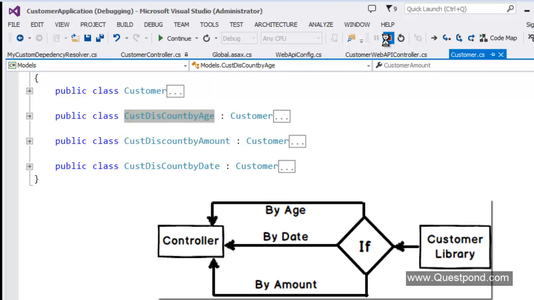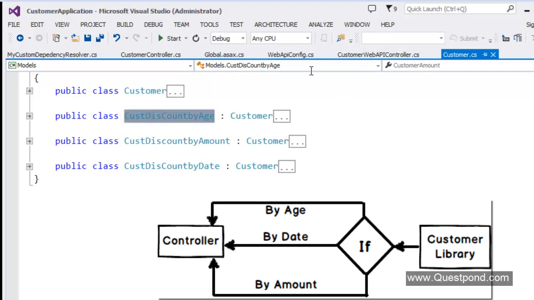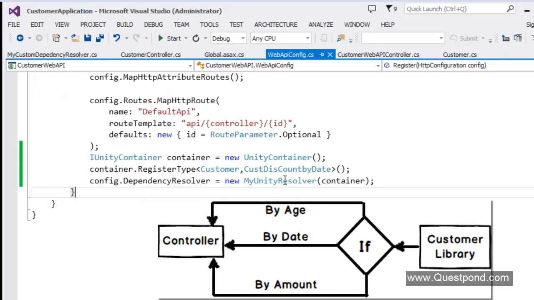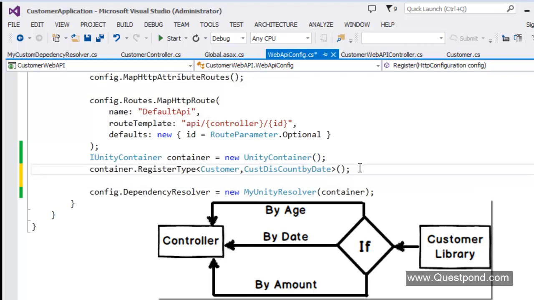So in other words, my dependency injection container, that means my Unity, I would like to have conditional injection.